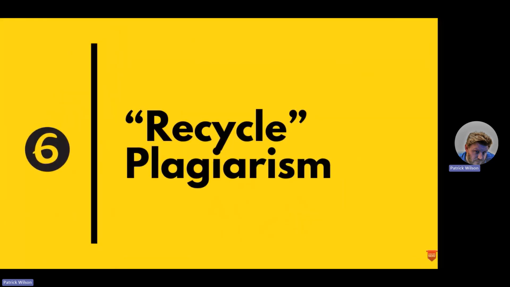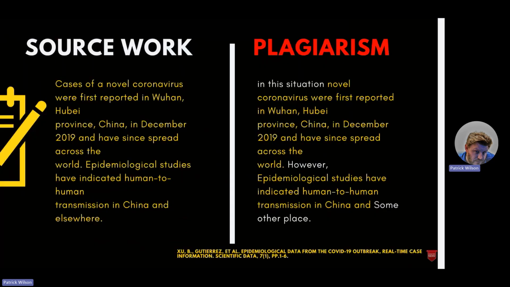plagiarism. The sixth type of plagiarism is called recycle plagiarism. This refers to the act of borrowing one's own previous documents without proper citation. It's called a lack of citation problem. This recycling plagiarism is a type of plagiarism that takes place when one person borrows heavily from a previous person's work